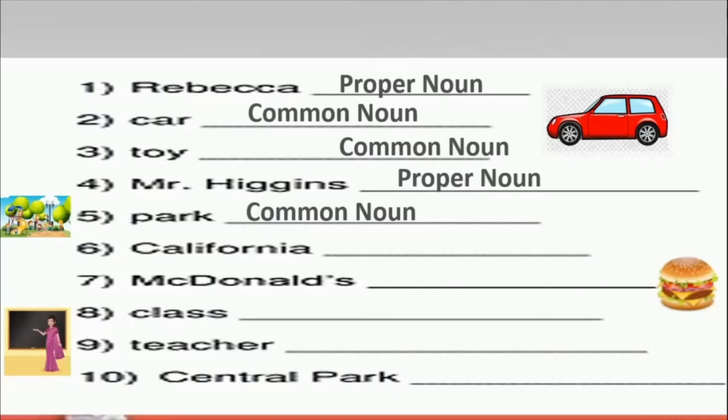So children, this was our first lesson today for Standard 7th English. We saw the story of the lesson or the gist of the story, and we looked at the grammar point, that is types of nouns from your textbook. That is all for today. Thank you so much, children.